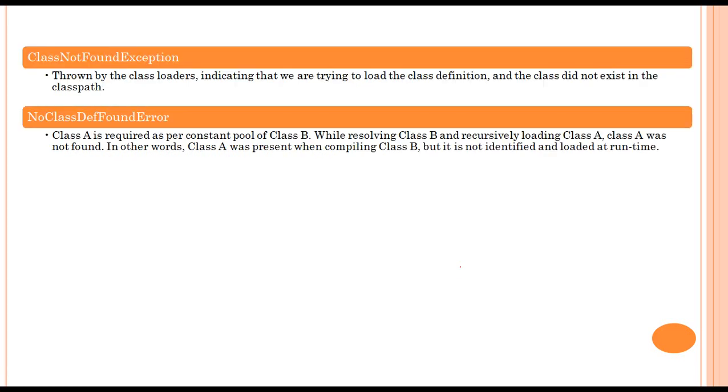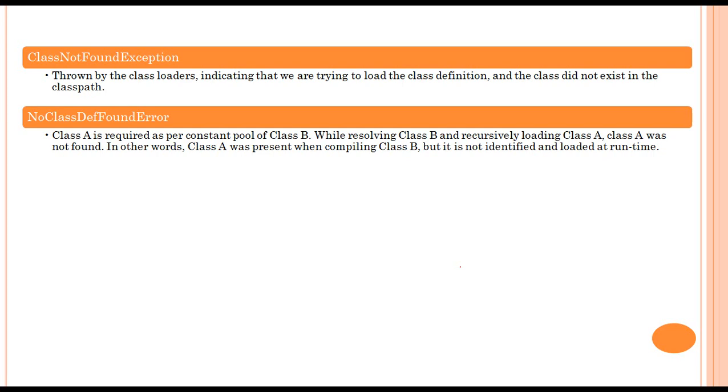The final thing that we should also keep in mind whenever we are talking about the class loader subsystem are these two types of exception that it can generate. So we already saw an example that as part of loading, if the class is not found by the class loader, it throws a class not found exception. So any requirement to load a class, and if the class is physically not found at the paths that are specified to the class loader, it will throw a class not found exception.